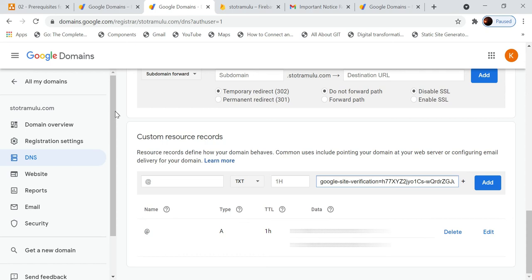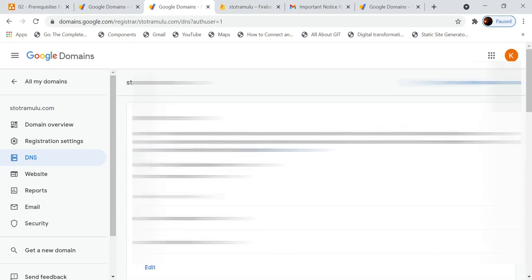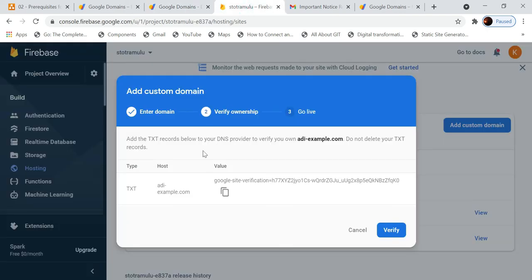Then it will go to the domain host name and match whether the host name available as part of Google Domains is the same as what you have entered here. So it will match it up, and it has to match. Then your ownership for that particular domain is verified.